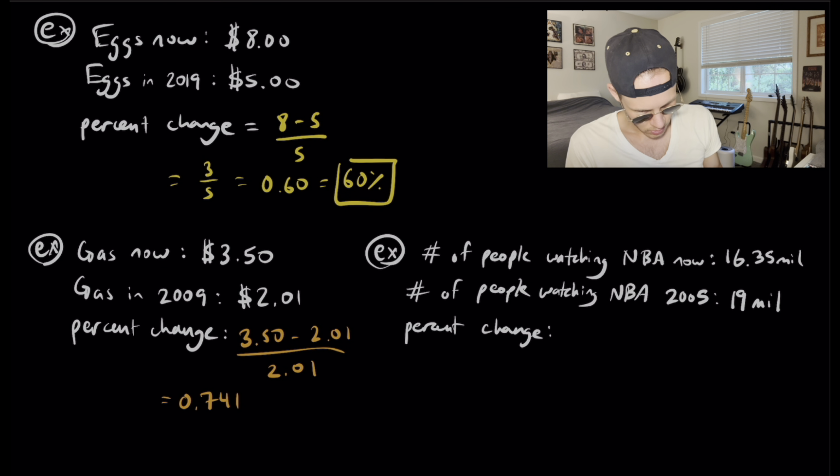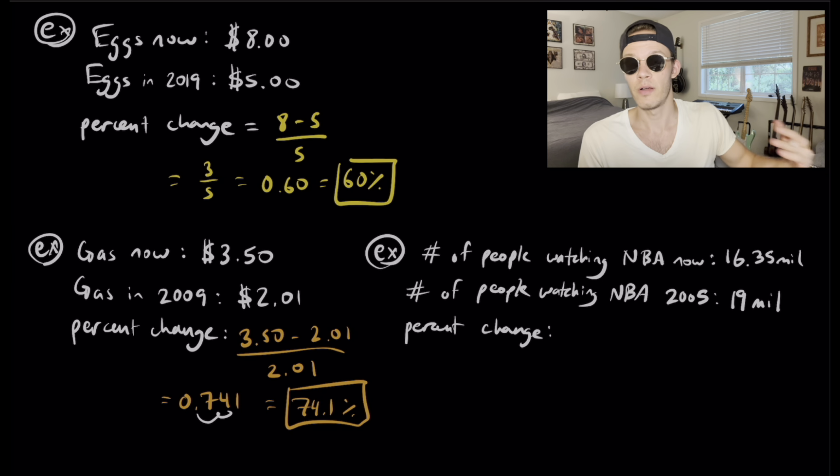0.741. And we want to convert this to a percent. So all I'm going to do is just move the decimal place over twice, or multiply by 100, and that's going to be a 74.1% increase in price, right? When our percentage comes out to be positive, that means that there's an increase in the cost. So let's look at here,